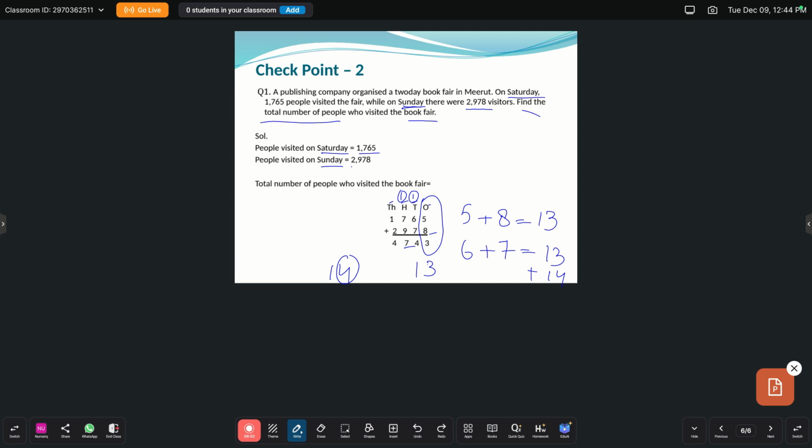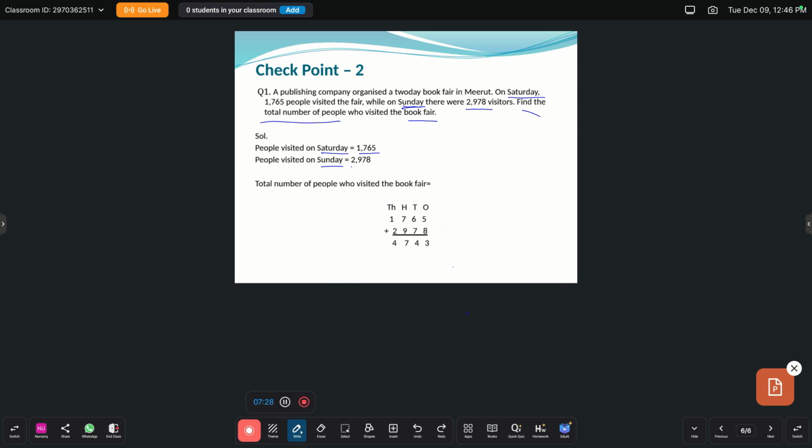So let us add the addends that are in hundreds column. So 7 plus 9. Okay. Let us write 7 plus 9 is equal to 16 and plus 1 it is 17. So I will write here 7 and 1 we will give carry over to thousands place. So here in thousands place we have 1 and 2. 1 and 2 plus this carry over 1, it is total 4.